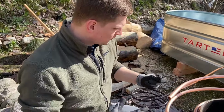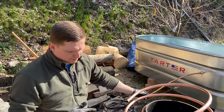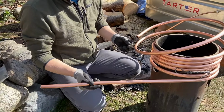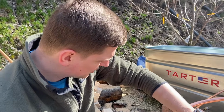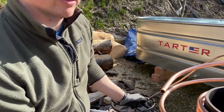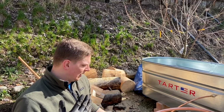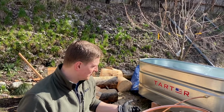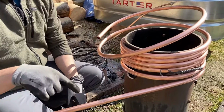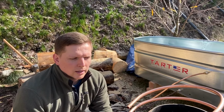So all of that said, we are going to abandon this coil for now, the 1/2 inch external diameter tubing. We're going to be going to this 3/4 external diameter tubing, which we found to be an amazing bargain. We bought 50 feet of the 1/2 inch from one hardware store where we live, and it was about $90 for that 50 feet of tubing. At this point that's pretty expensive, and that was even cheaper than if we bought it by the foot. We found this right here, which is 31 feet of 3/4 external diameter copper tubing for basically,